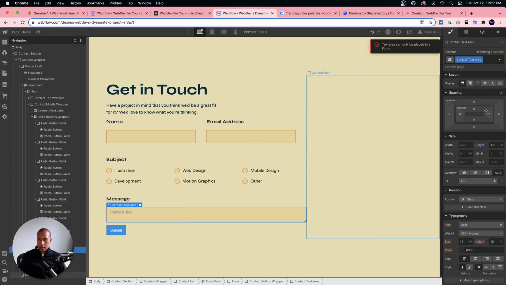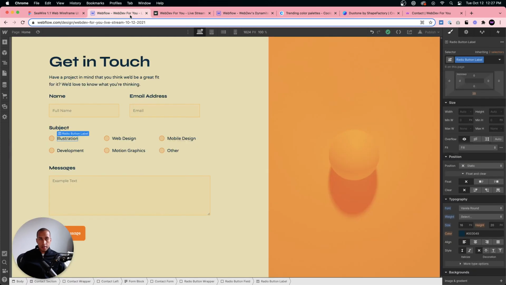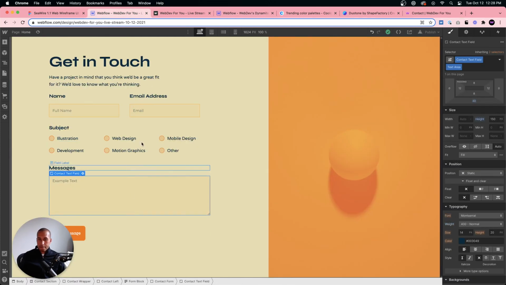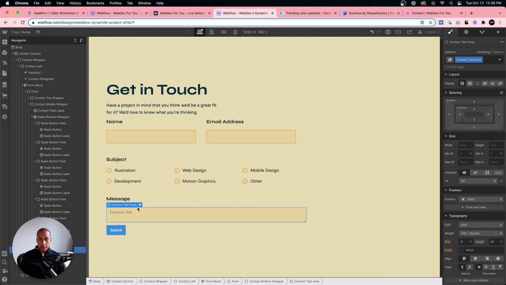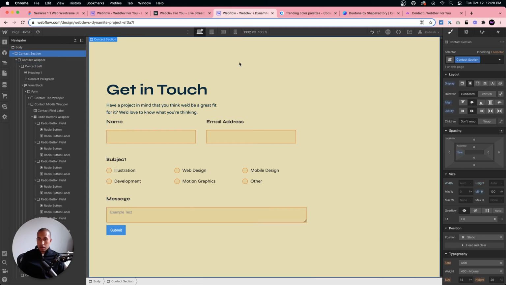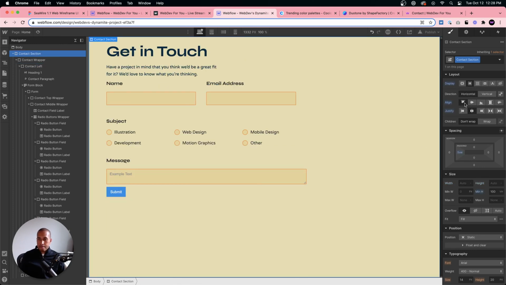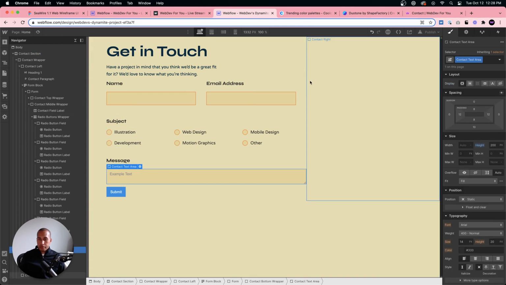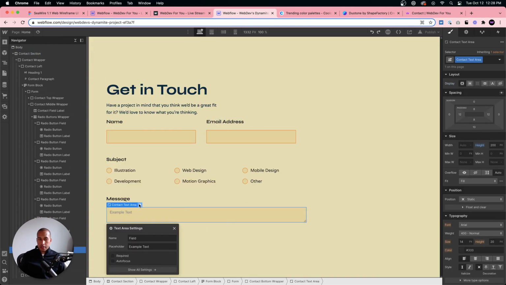Let's see, that didn't add anything. Let me see here. Text area. Oh, that's fun. Huh. Let me see something here. Contact text area.